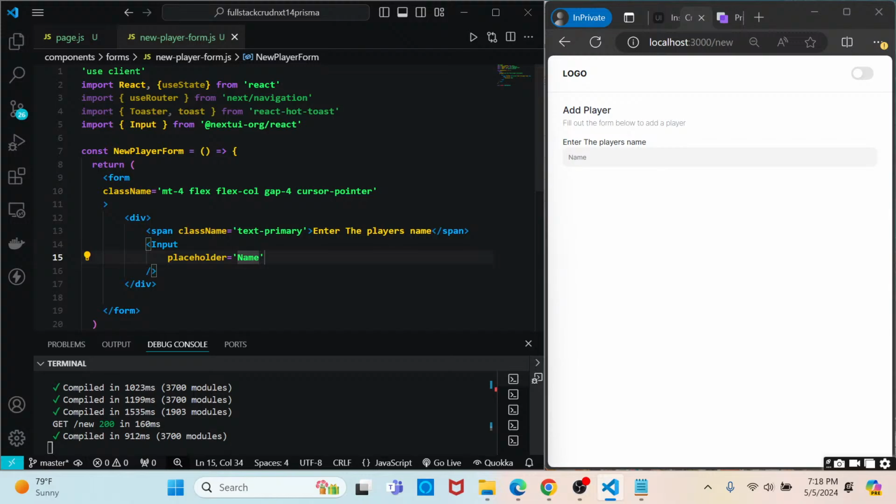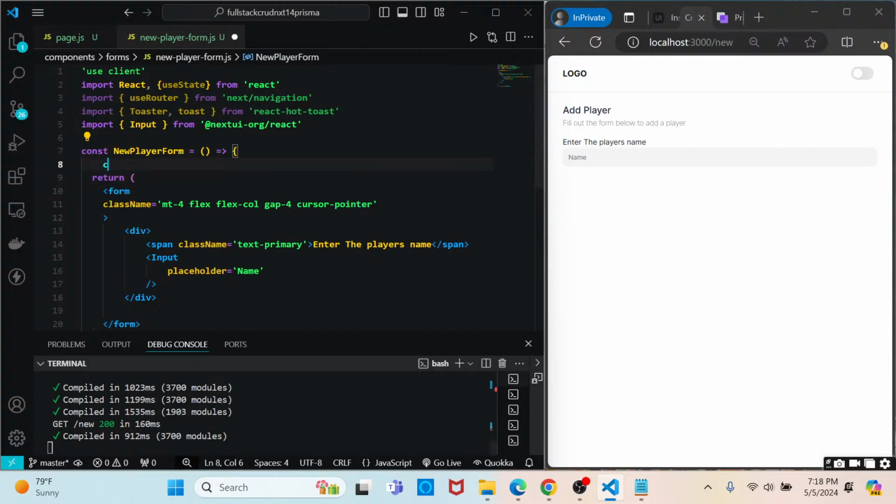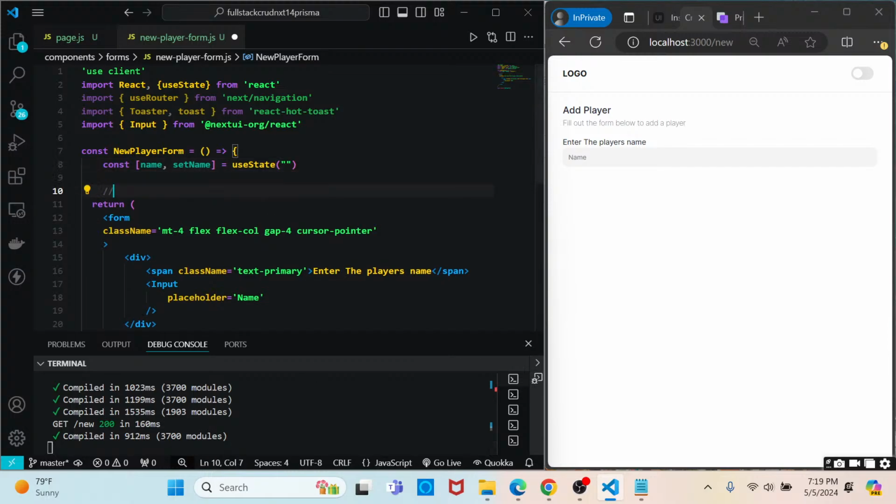So in order to grab our functionality and bundle it up and send it over, I'm going to use some front-end functionality to help us out with this to make it a little simpler and cleaner, if you will. First, I want to use useState to capture the state of the player's name. So we'll go const name, set name is equal to useState, and it's going to start empty. And then we'll need to create a function to handle the change of the player's name. So we'll say handle name change